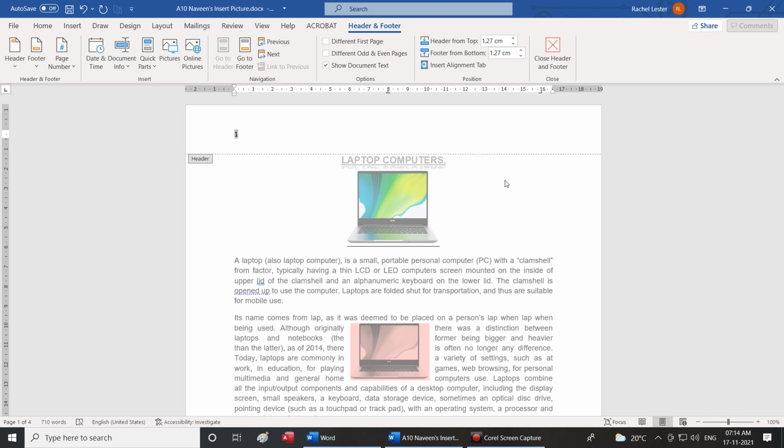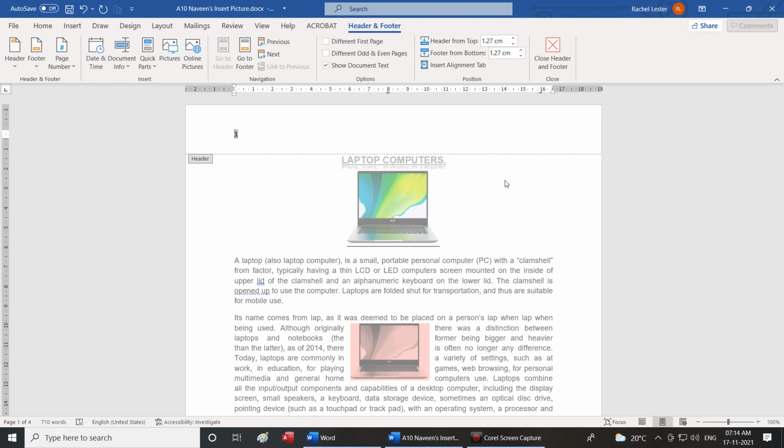1. Header and footer group. 2. Insert group. 3. Navigation group. 4.